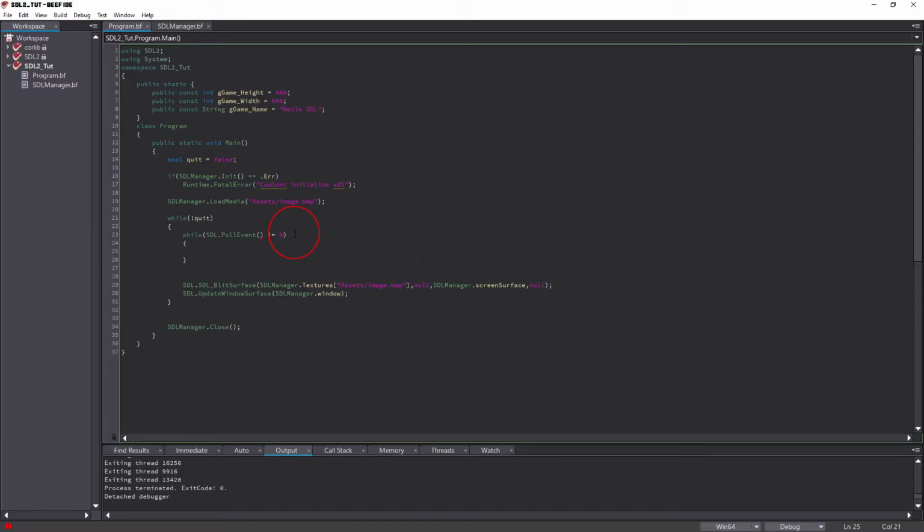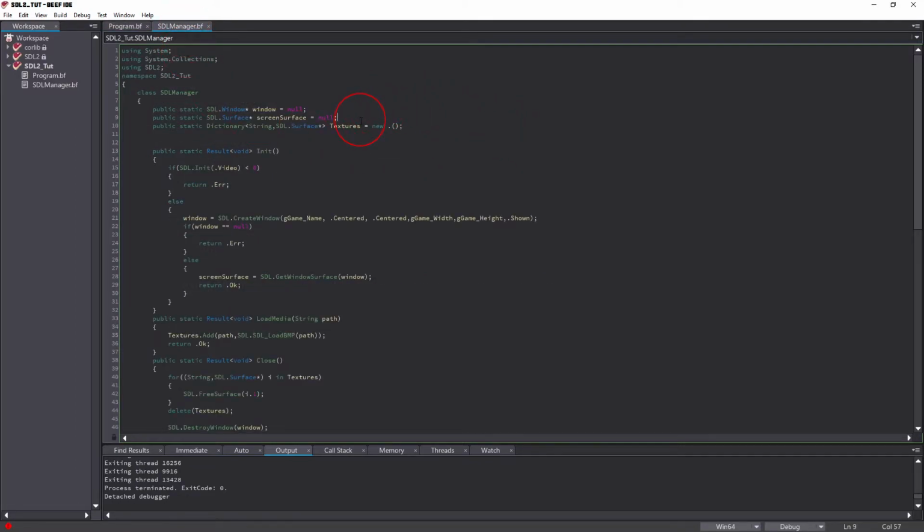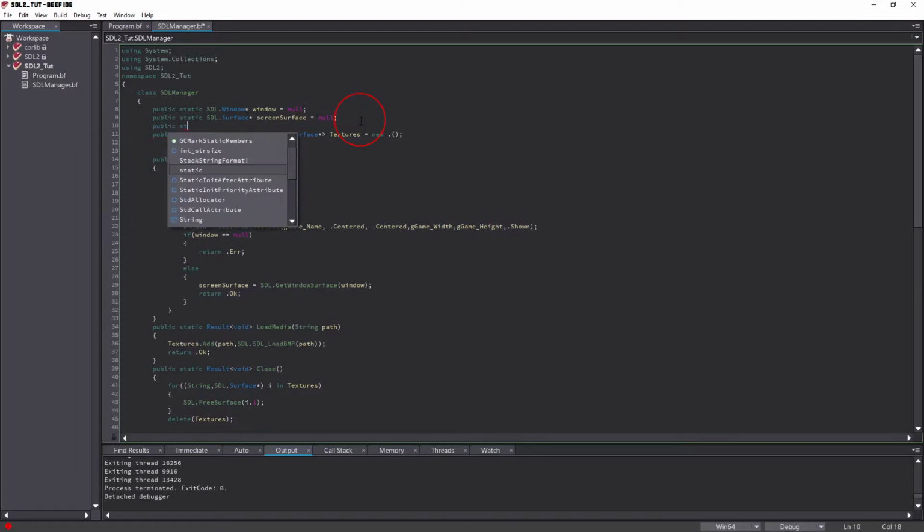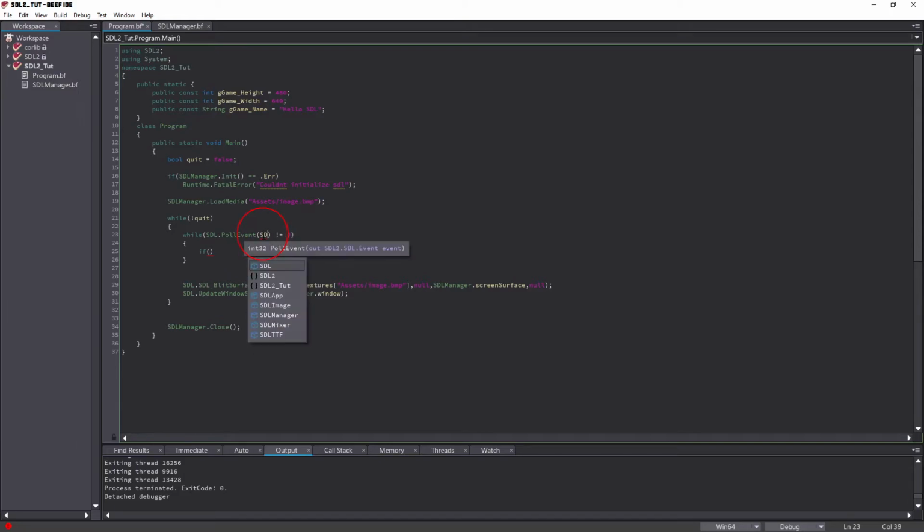In this case, we're going to do if e dot. Actually, we're missing something, which is the event handler. I'm going to add it now. We're going to add it here in the SDL manager because it's a part of SDL. So public static SDL dot event handler. It's just event, I think it's just SDL event. E is a very good name. I love it. So instead, we're going to do SDL manager.e,